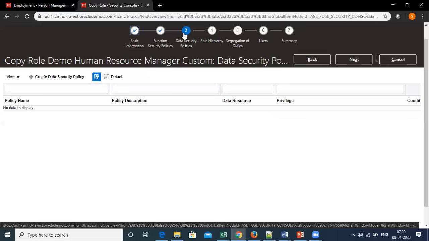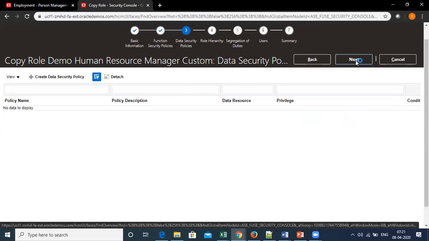This is not the primary region. The primary region is somewhere else, which we will definitely take a look at, but understand that this data security policy will appear once we attach security policies to this role. So we'll come to this part later on.